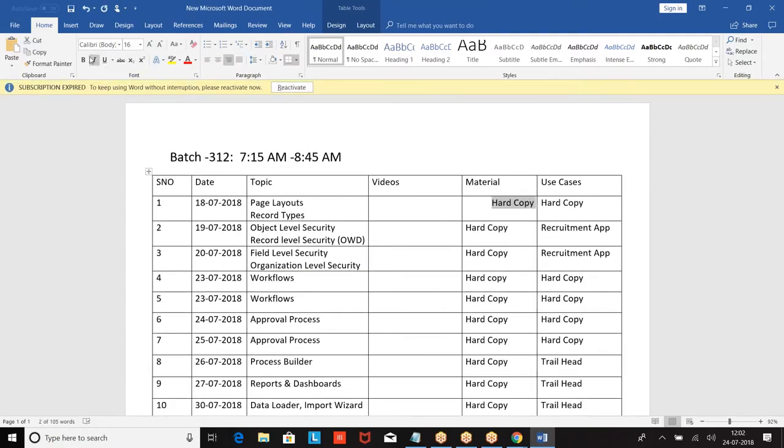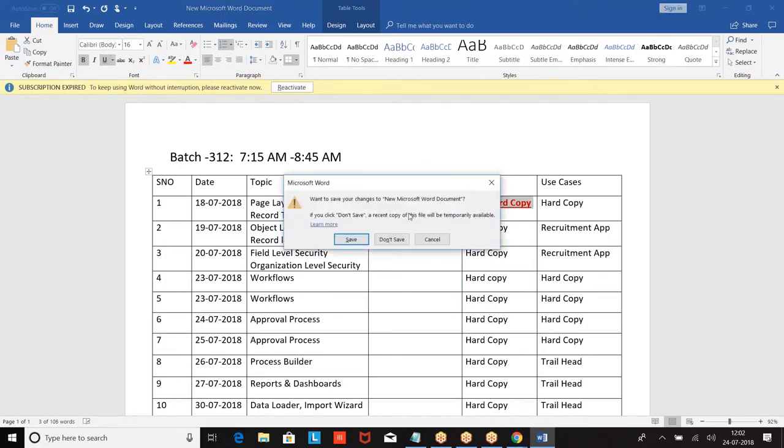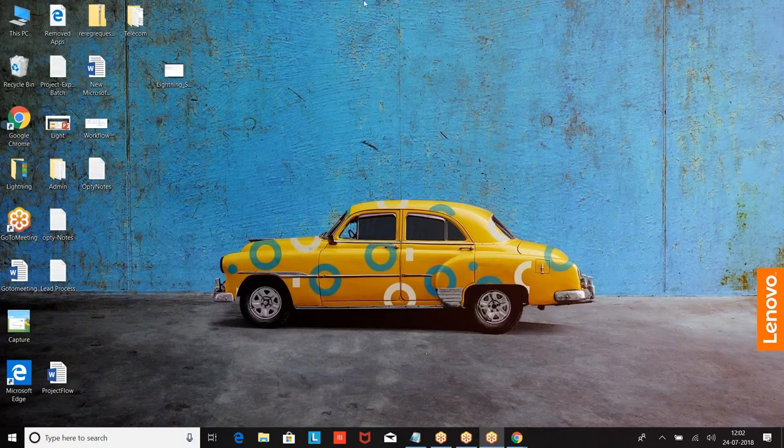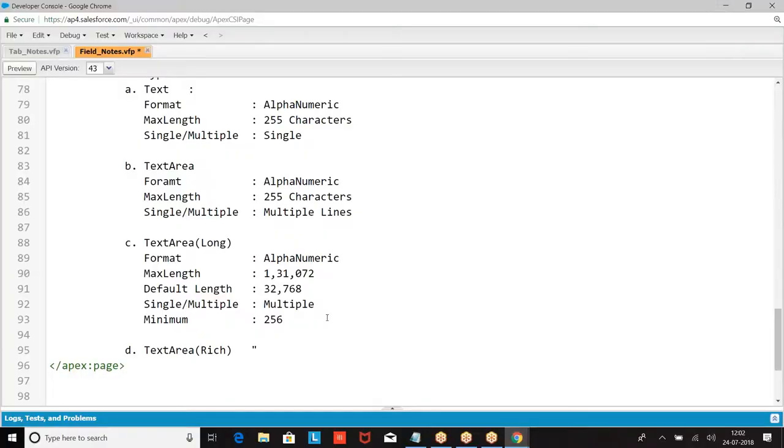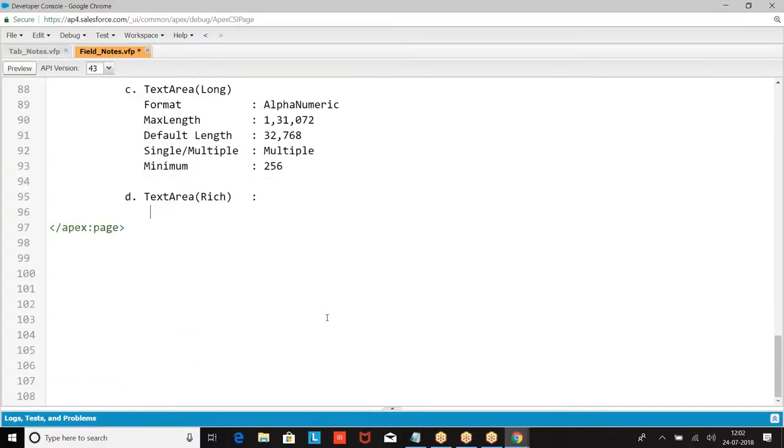Align left, align center, numbering. All these are formatting the data. If you want to format the data, we will go for text area rich. If you want to upload any image also, text area rich. Any watermarks, images, format.